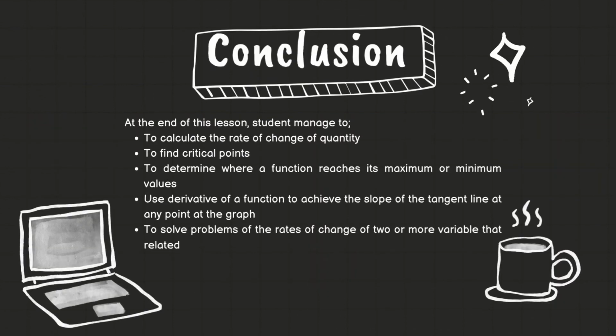Conclusion. At the end of this lesson, students managed to calculate the rate of change of quantity, to find critical points, to determine where a function reaches its maximum or minimum values, to use the derivative of a function to find the slope of the tangent line at any point of the graph, and to solve problems of the rate of change of two or more